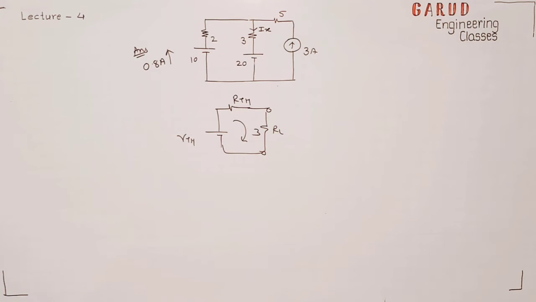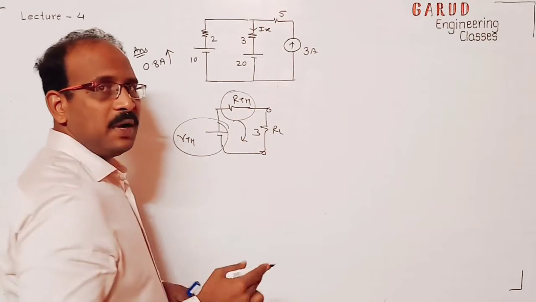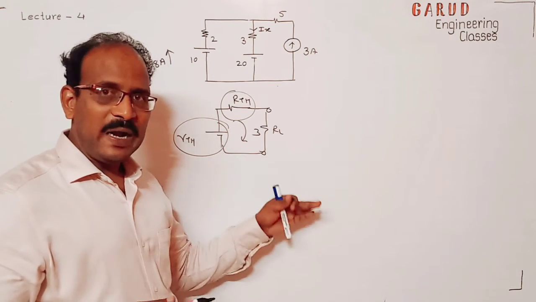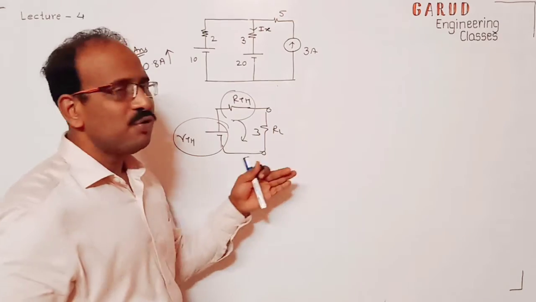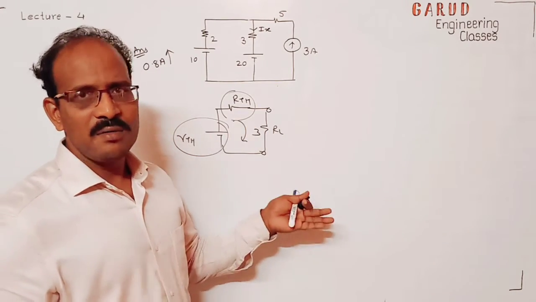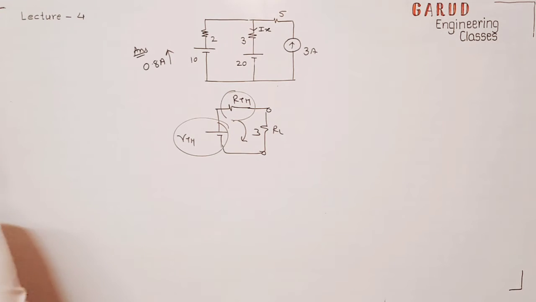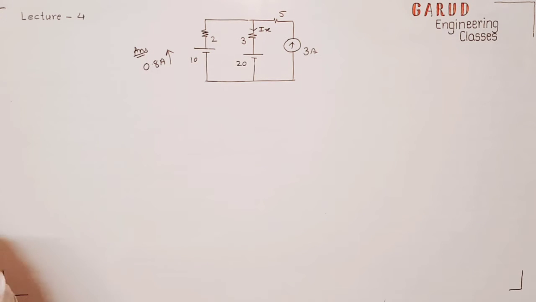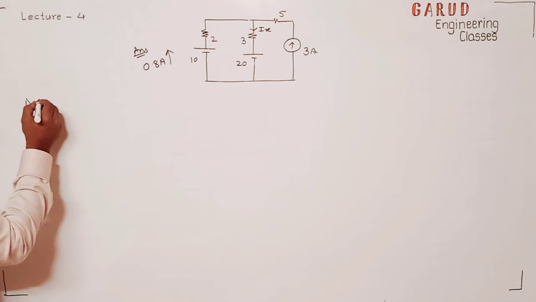Okay, so important thing is what? We need VTH, we need RTH. But in dependent, the method is different. I will tell you. In this chapter, we are going to see dependent. But at least you must know the original method. This is just revision. Okay. So in dependent, you get some different method. But then also, you must know the real method of Thevenin. So first thing is what? For the Thevenin, first thing we require is RTH.